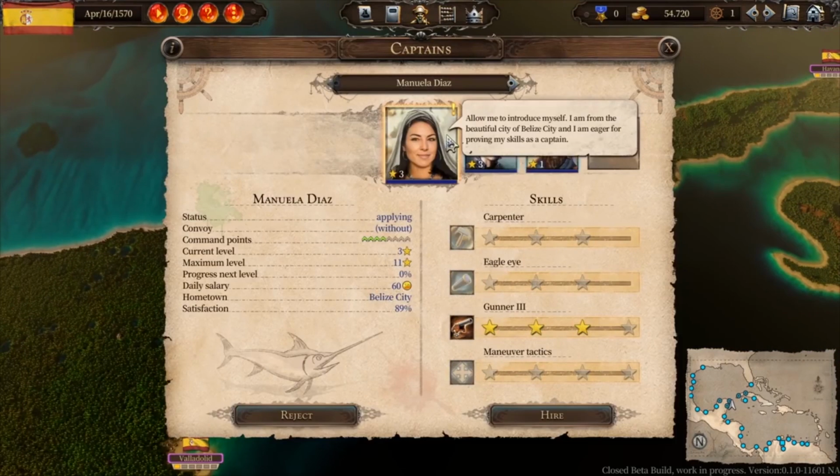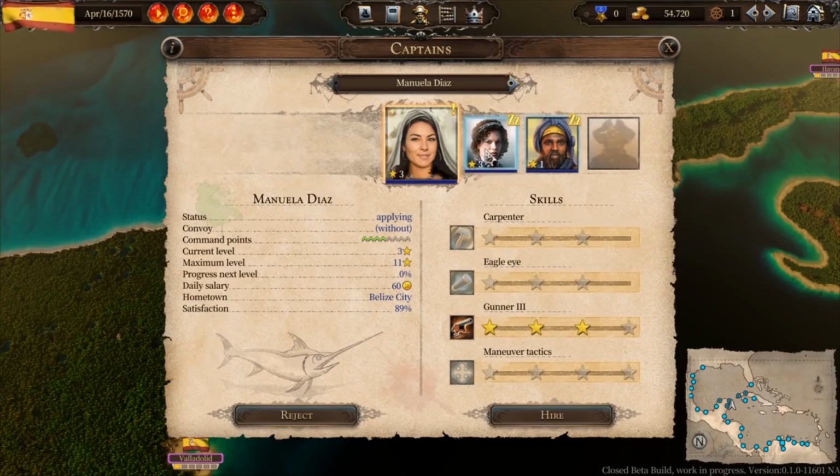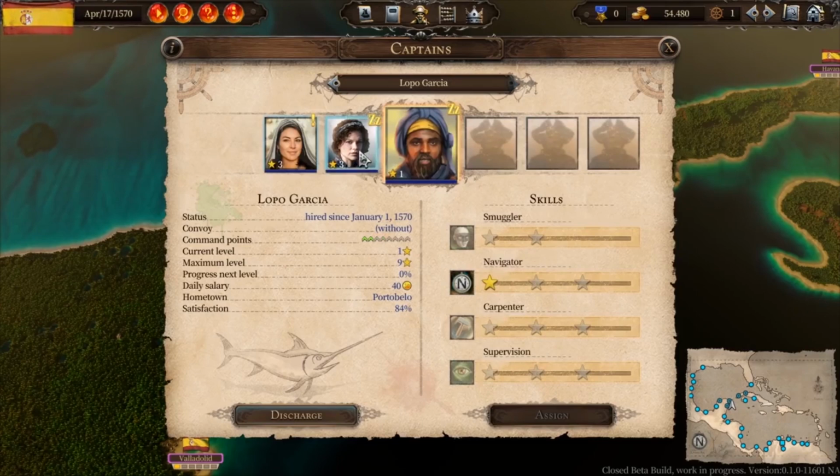Captains, we have 1 at the moment. Allow me to introduce myself. I'm from the beautiful city of Belize. Oh, that disappeared for a second. Okay. These are all Spanish